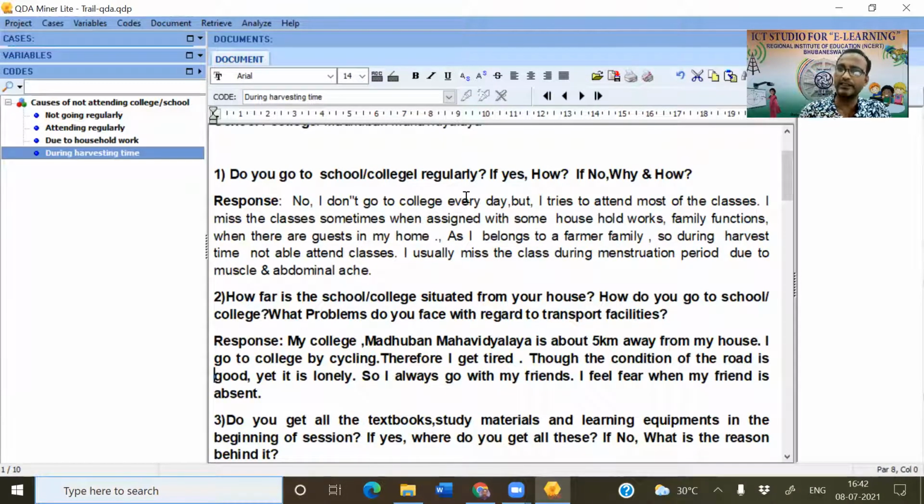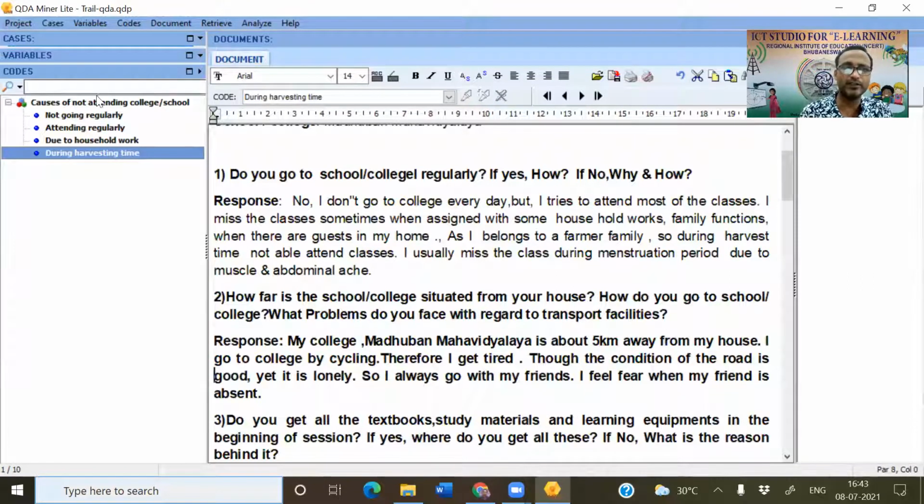Coding each and every case is really time-consuming. It needs some time. So we have to finish coding all the cases, and only then can we analyze the data and see what tables we can generate, what frequency tables, tree tables, or different types of graphs we can generate. Now let us start coding.